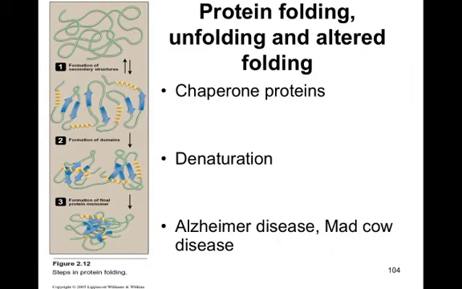Protein folding, unfolding, and altered folding, which can also be referred to as misfolding. It is important for a protein to be folded into a compact shape in order for it to be functional. Now, what really are chaperone proteins? Many proteins can't fold by themselves and need some help. This help comes in the form of chaperone proteins, which are specialized proteins